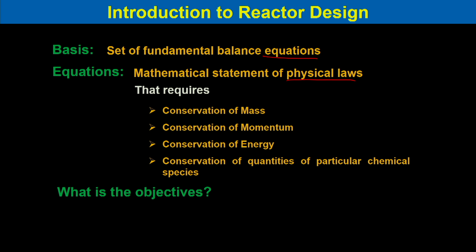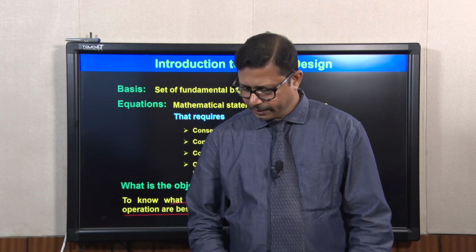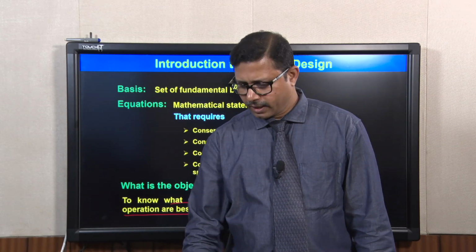What are the objectives then? Our prime objective over here is to know what size and type of reactor and method of operation are the best for a given job. So, we need to find out the reactor size and what type of reactor we need and the method of operation to obtain the best result for a given job. So, with this basis we can start the ideal reactor design, but before going to this, let us have